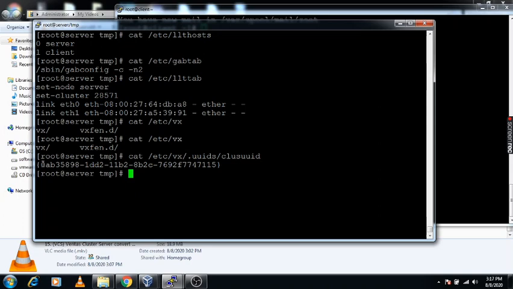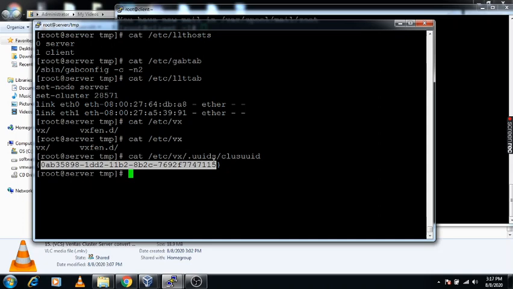This is the cluster ID you will get using this command. This cluster ID you need to add on the other server in the same configuration file. This is the cluster ID you need to use to attach the third node. So this configuration needs to be the same on all three nodes.